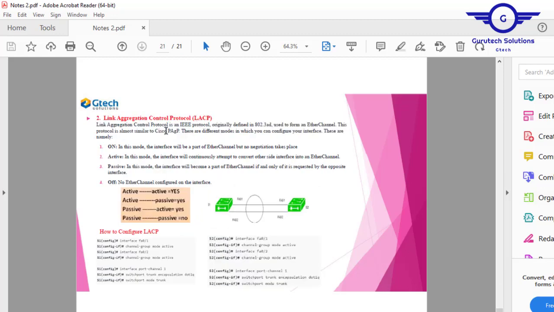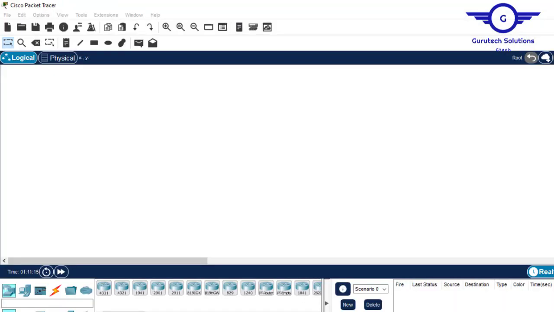in Link Aggregation Control Protocol. You can configure active, it will work. Active and passive, it will work, but passive on both sides will not work. Why? Because passive does not negotiate or try to convert the opposite interface into an EtherChannel. But whenever you configure an interface in active mode, it will try to negotiate and convert the opposite side to form an EtherChannel. Okay, so I'll just open